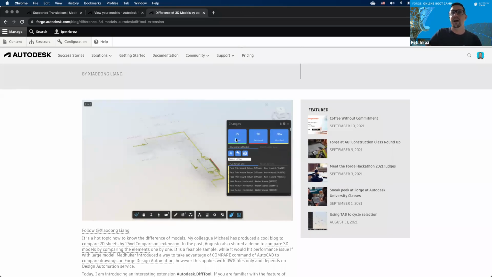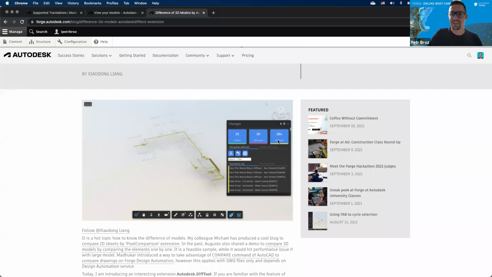So it can highlight newly added objects in the next version in green. It can highlight the removed objects from the original model in red, right? And it can highlight the modified objects in yellow. So this is, I think, the easiest way to get this very nice diffing functionality, if that's what you're looking for. But I think part of that question was also, what if you need to compare only specific